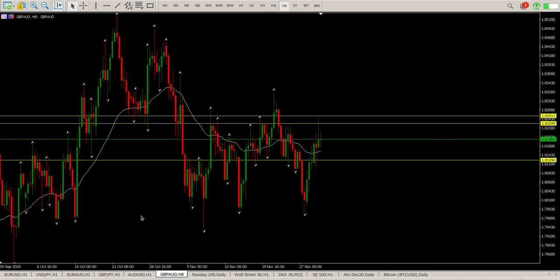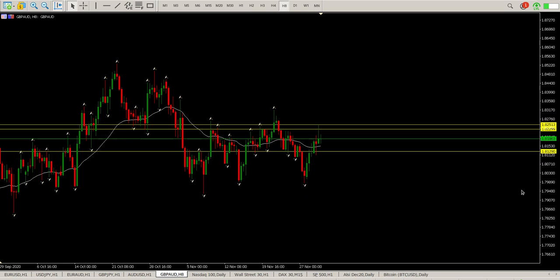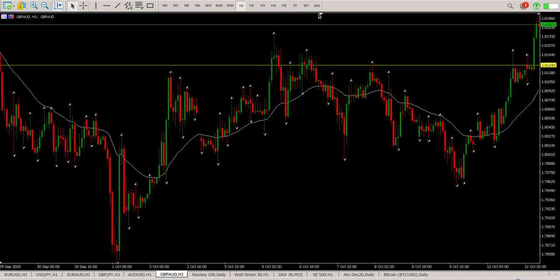British pound, Aussie dollar, still not interested in this. This is sideways, look at it. And you can see tail to the downside, tail to the upside. So that's just big down, bigger, and big confusion. The only thing that is interesting me is the fact that we are above the moving average here. So if we look at the hour,